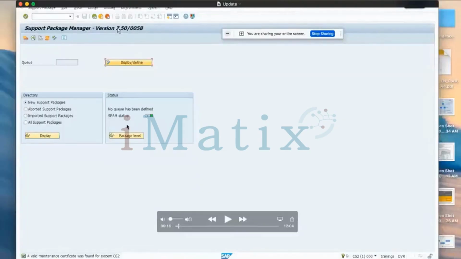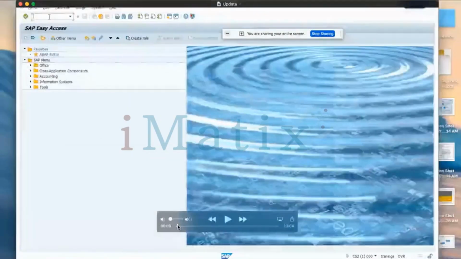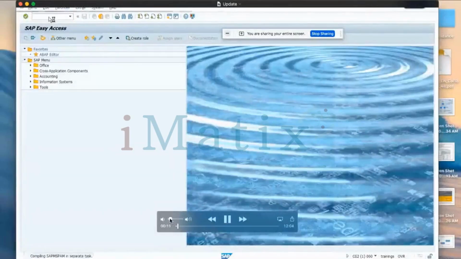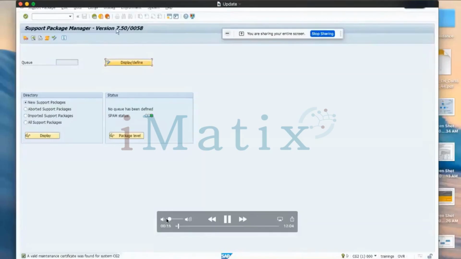This is the support pack update. For the support pack update, we can run the T code SPAM, the Support Package Manager. You will get the version, and then you can download the latest patches into the USR, APE